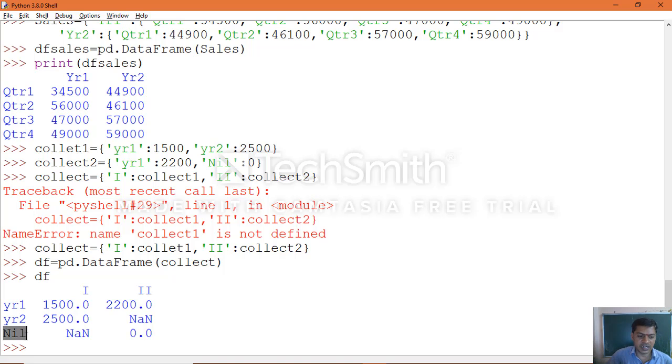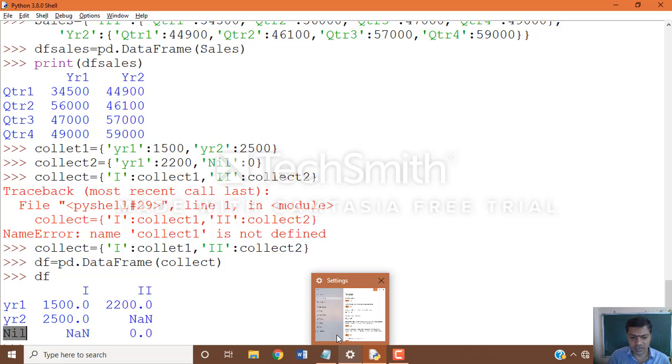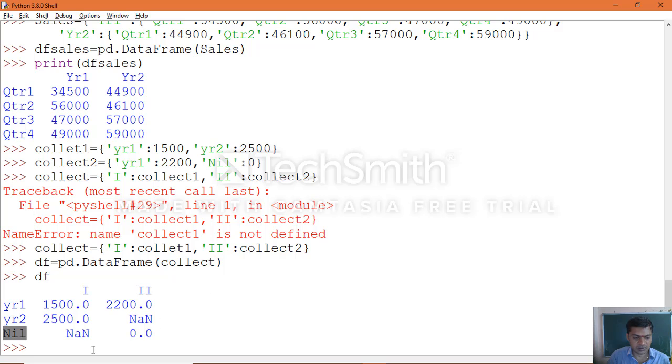You can observe collect1 and collect2, the dictionaries we provided, passed as parameters to another dictionary. Finally, we created the data frame object and printed the data.